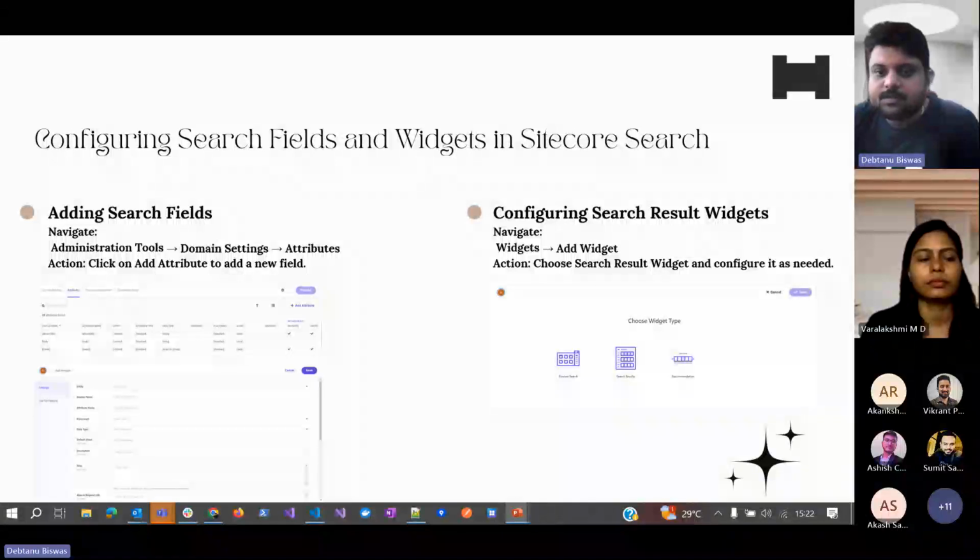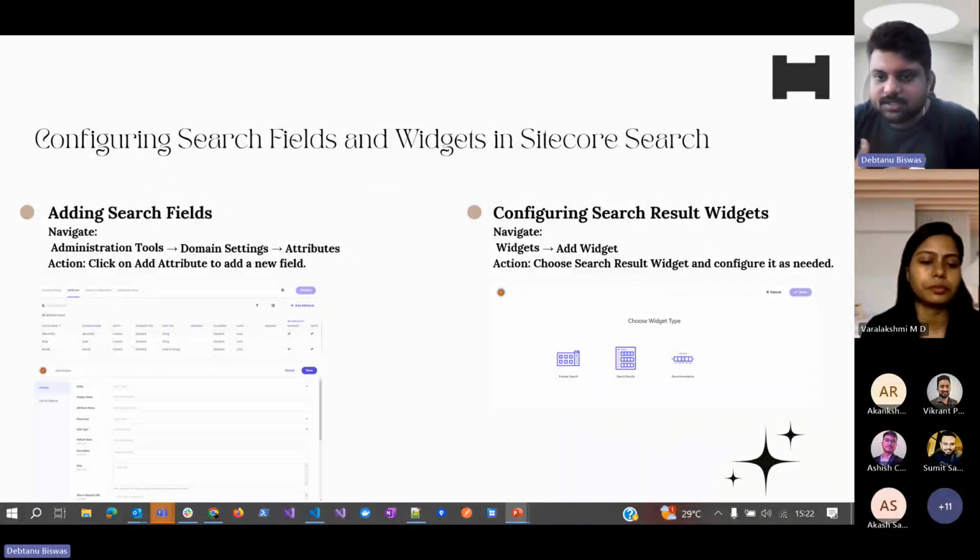And search results widget is nothing but how you want the search results to be returned. So once you are going to a widget and configuring a widget, you have three types of widget: preview search, search results, and recommendation. So preview search is